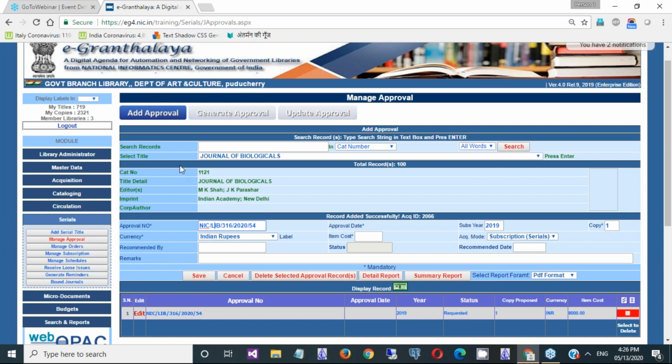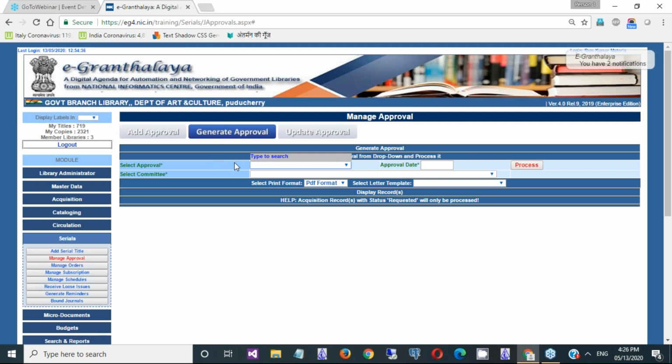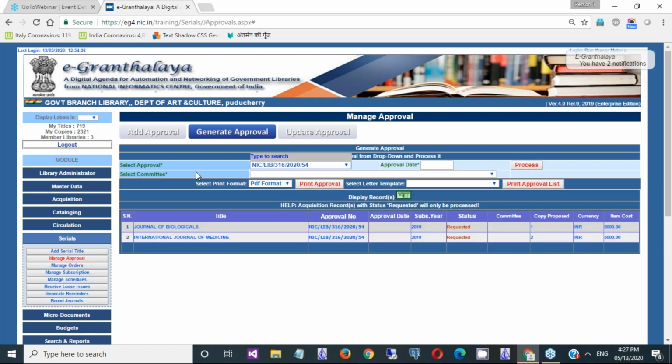Okay, after adding purchasing records of all the journals which you are going to take approval from authority, you need to go to the next step, that is generate approval. After creating the purchasing record, go to the second tab, generate approval, and select the approval number.